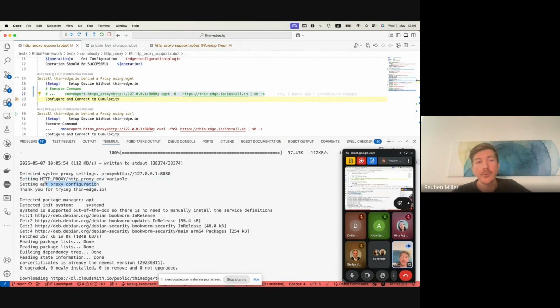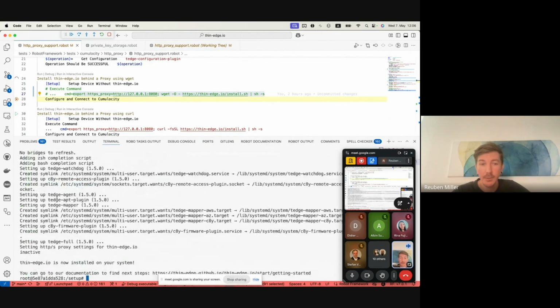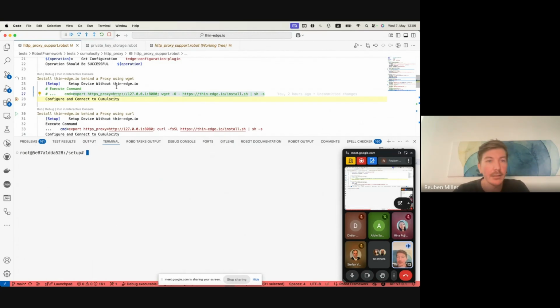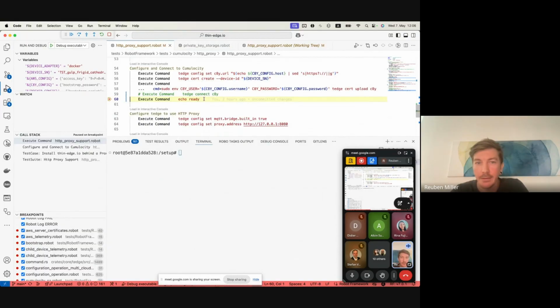And even if you're on a Debian-based system, it will set your APT configuration, because that also needs to be proxy aware, otherwise your APT will fail. So that's automatically configured, and you'll see it just works. I didn't even really know it was using a proxy, but everything just worked. So that should be really convenient. And if I just proceed to the next step, because I don't want to have to do everything myself,